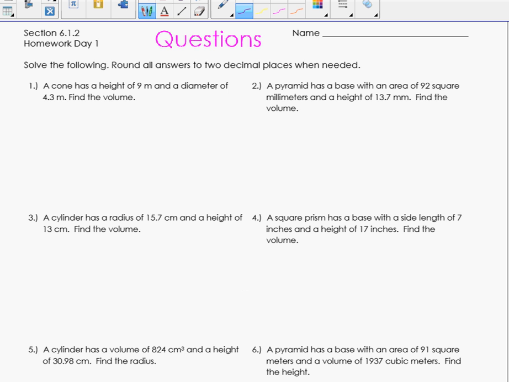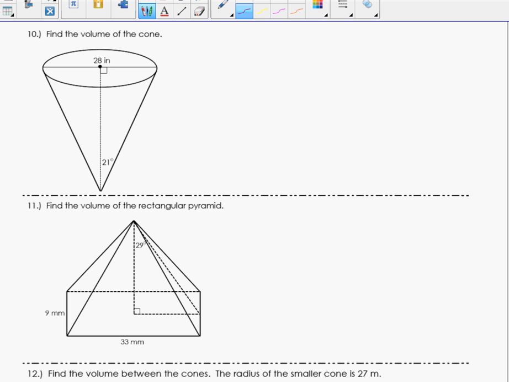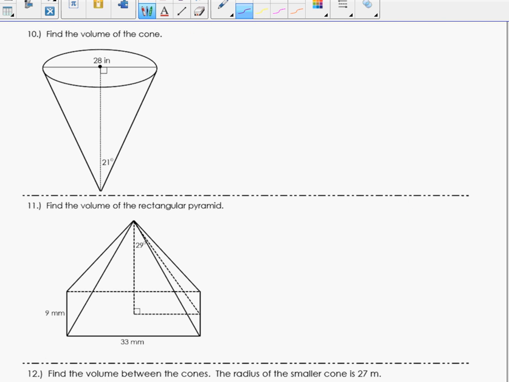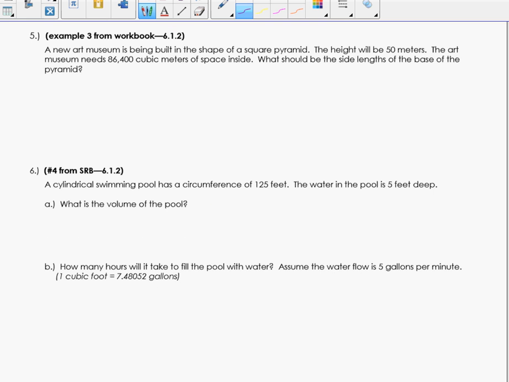Okay, so on the next page, sorry, I don't know where we're going here. All right, so